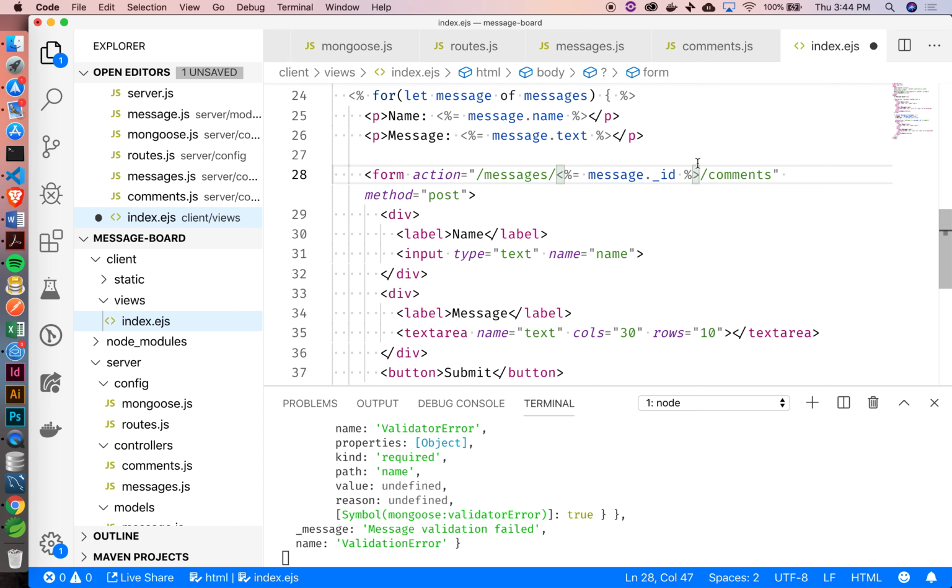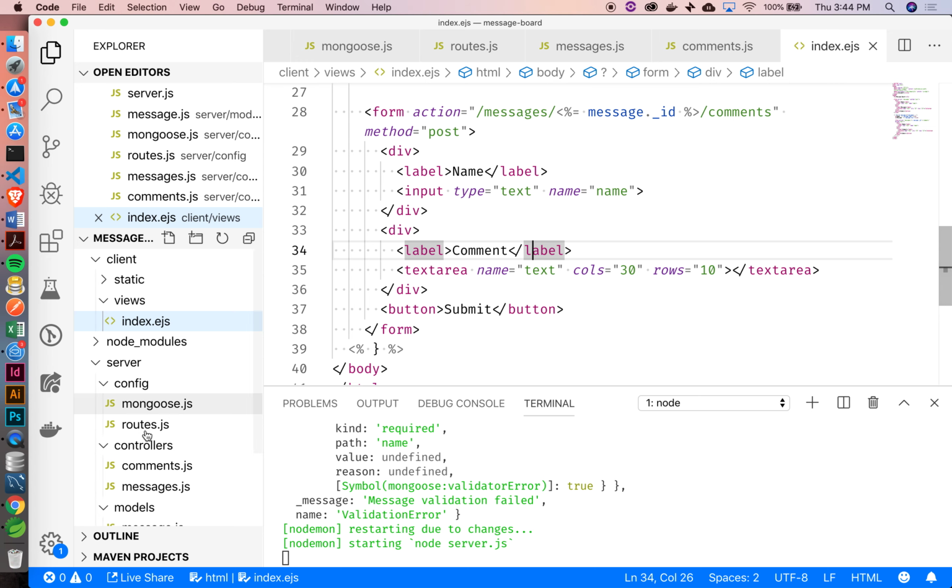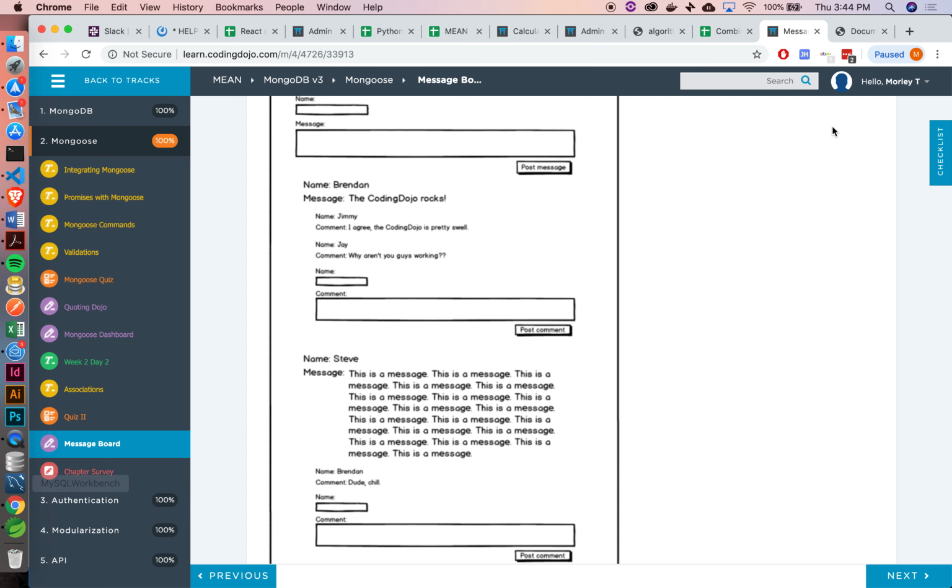So that's where we want this to go. We're in the right place, and then I'll just change this to comment. Everything else was pretty much the same, right? So if I render this,